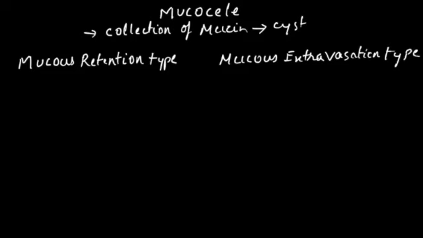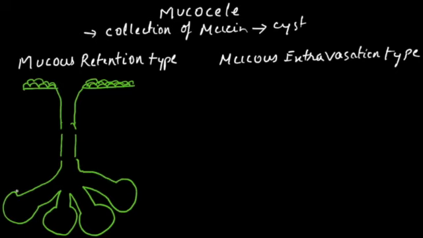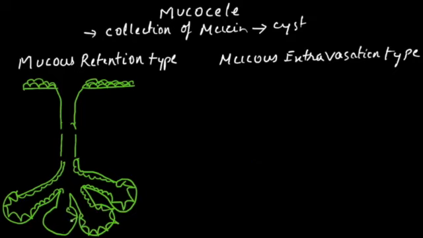Now the mucus retention type we will draw and understand. See, this is the oral mucosa and we'll draw the ducts. This is the excretory duct which is connecting to the acinar portion of the salivary gland. This is the salivary acini with their intercalated ducts. These are the cells of the acini and the ductal cells. Very quickly and roughly I am drawing, and we shall just draw all the cells of these acini.